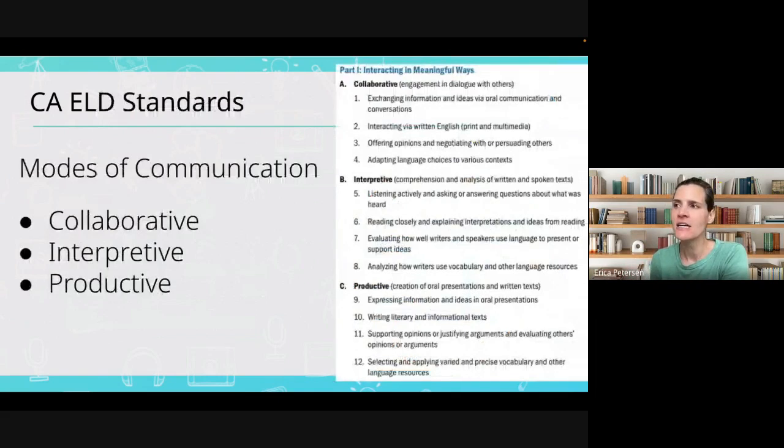In all Listenwise lessons, there are always opportunities to develop your English learners' language skills across the collaborative, interpretive, and productive modes of communication as outlined in your California ELD standards. Obviously, we're going to focus on a couple of these key ones here, mainly the Part 1 standards. So we'll dive into more ideas on how you can do that.